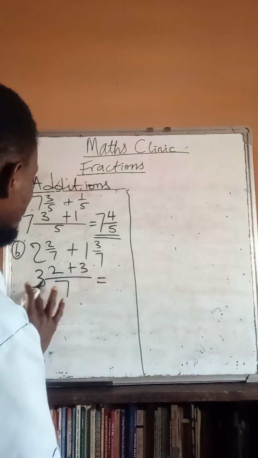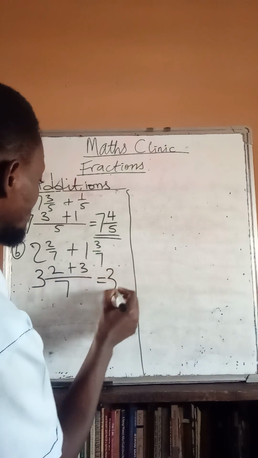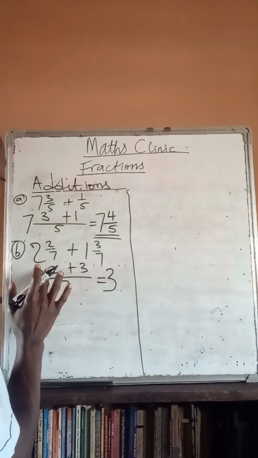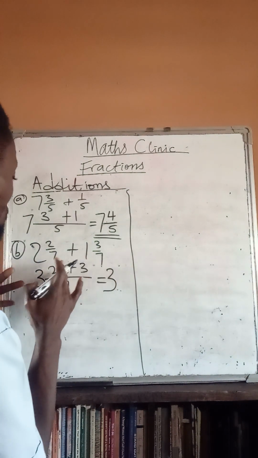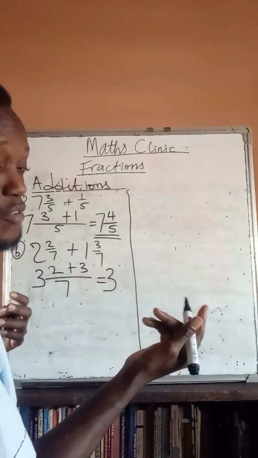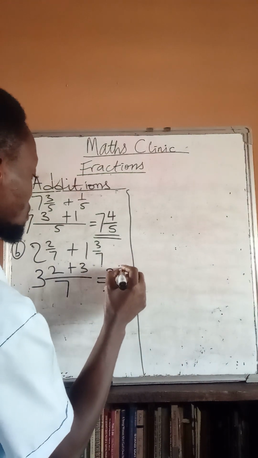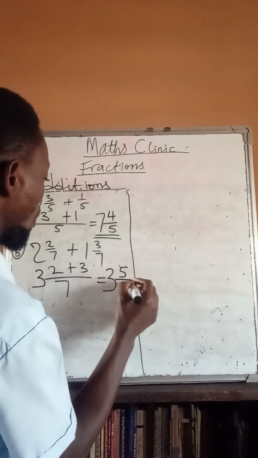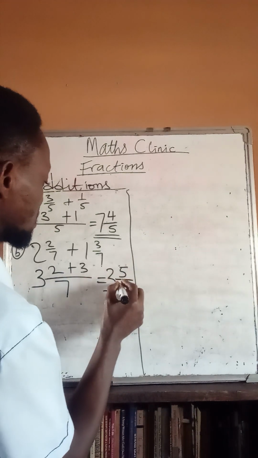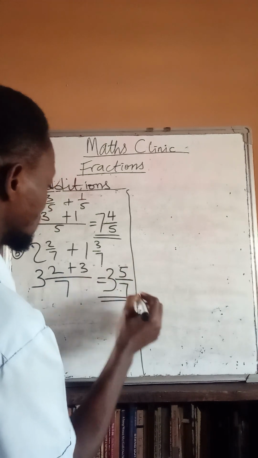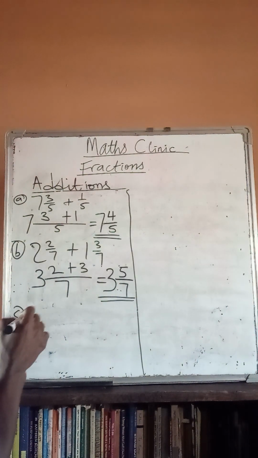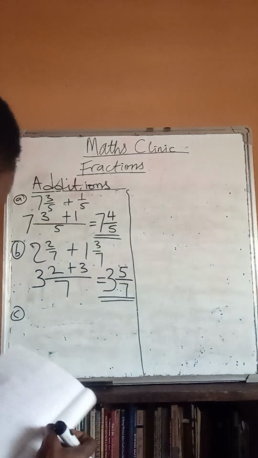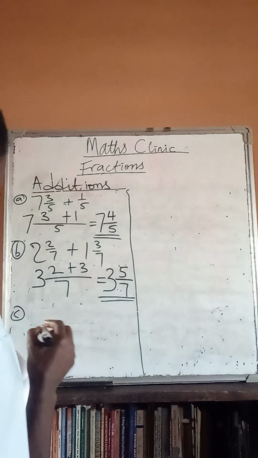So, write out your whole number, which is 3. The numerators will be added together: 2 plus 3 will give you 5, all over the denominator, which is 7. That is the answer for that. C. The question says 2 whole number,